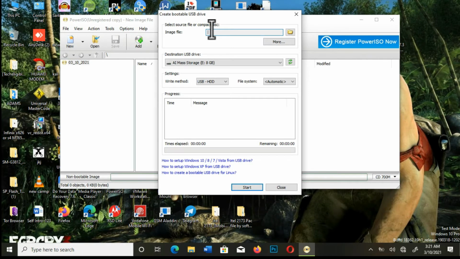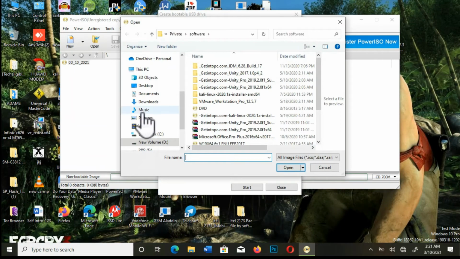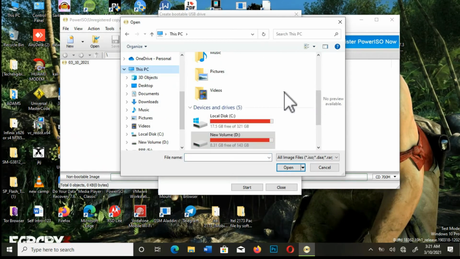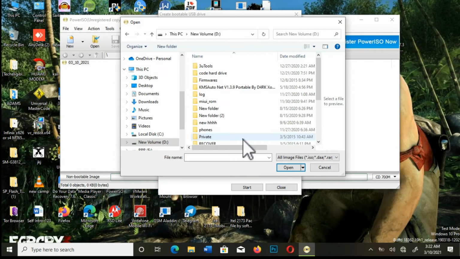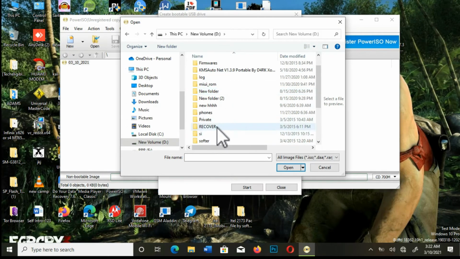Okay, so here you gonna select the image, the operating system image, I mean the software that you downloaded, the operating system image setup. Okay, so you click on this folder, then you navigate to where you stored the operating system that you downloaded. Okay, mine is on drive D, you go to